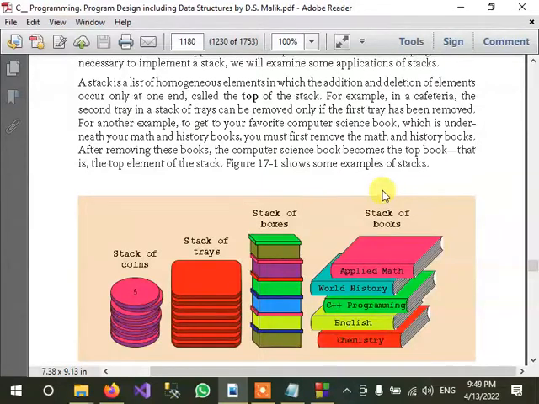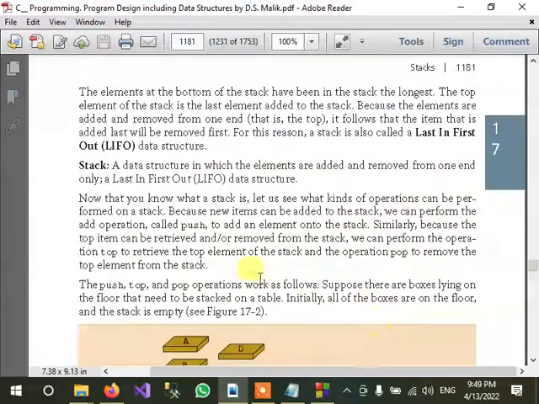Here you can see an example. This is a stack of coins, this is a stack of trays. The items are being placed on top of each other. This is a stack of boxes and this is a stack of books. So the important feature about the stack is that it works like a last in first out data structure. It means that